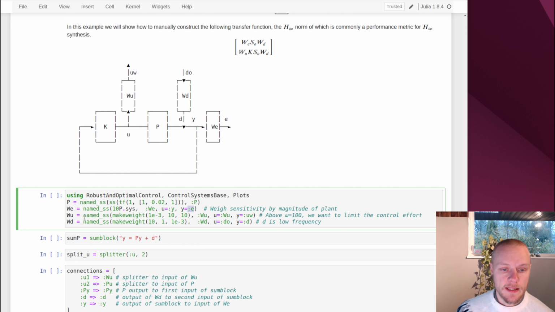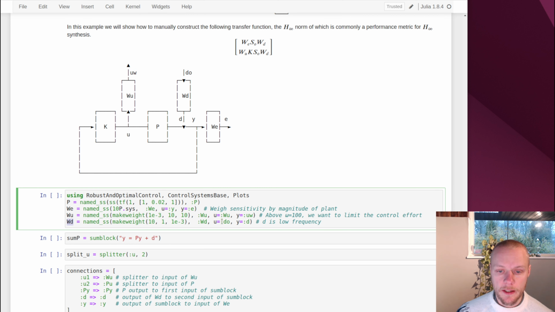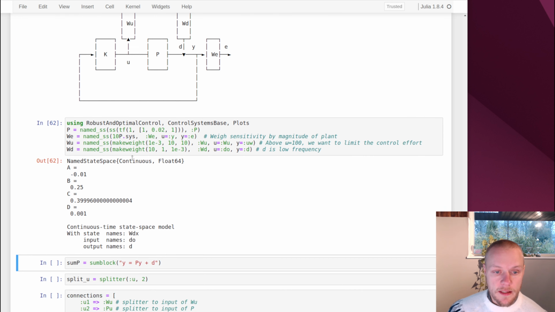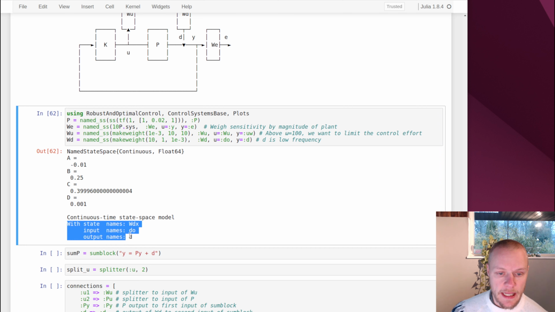And then similarly I select the weight for my control signal output, so this weight here. The input to that, I call it WU, and the output is UW, this signal here. And the same for WD here. It takes a signal DO as an input and produces a signal D. Right, so it corresponds to this. And we see here that it produces a state space object, but it also has these names for the different